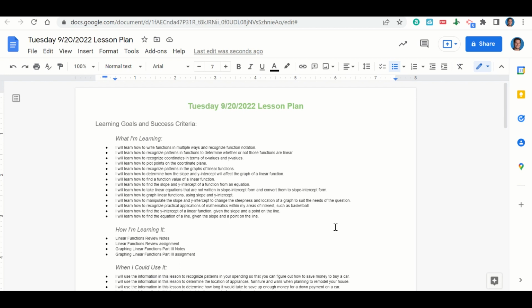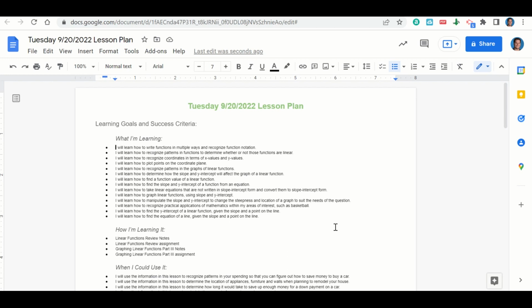of a linear function, how to find the slope and y-intercept of a function from an equation, how to take linear equations that are not written in slope-intercept form and convert them to slope-intercept form, how to graph linear functions using slope and y-intercept, how to manipulate the slope and y-intercept to change the steepness and location of a graph